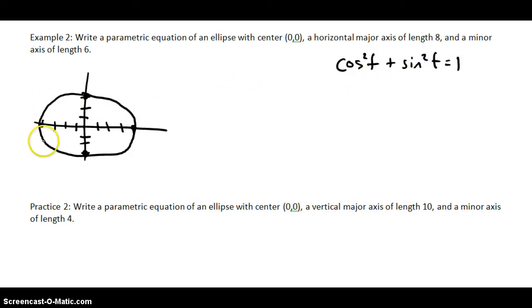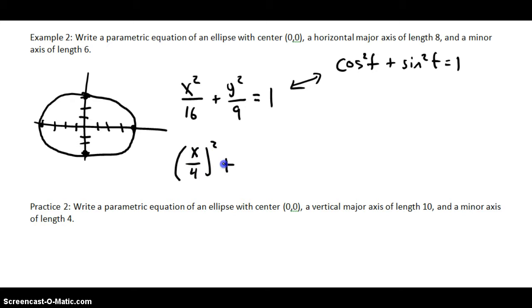So what we want to do is start with the rectangular equation that we know. If the center is at (0, 0), and the horizontal distance from the center to the major vertex is 4, and the vertical distance is 3, we get this equation: x squared over 16 plus y squared over 9 equals 1. We want the form to end up matching the Pythagorean identity. So we're going to pull that squared out and make this (x over 4) squared plus (y over 3) squared